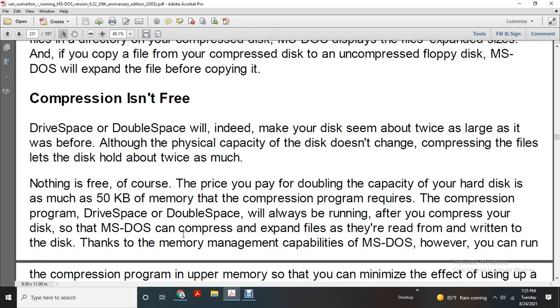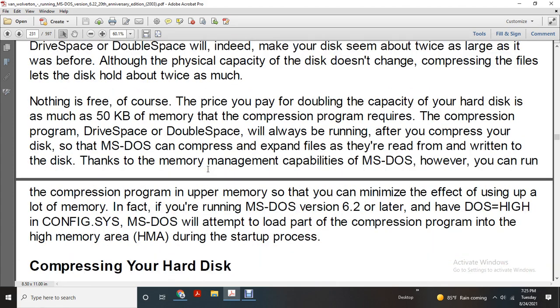DoubleSpace does make the disk seem twice as large as it was before, although the physical capacity of the disk does not change. Compressing the file lets the disk hold about twice as much. Nothing comes free, of course. The price paid for doubling the capacity of the hard disk